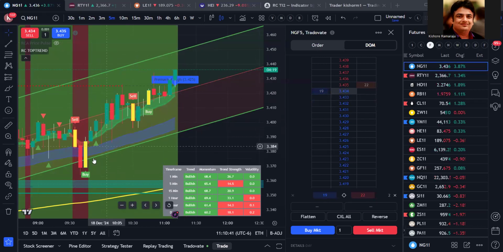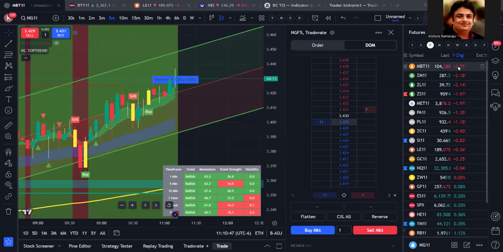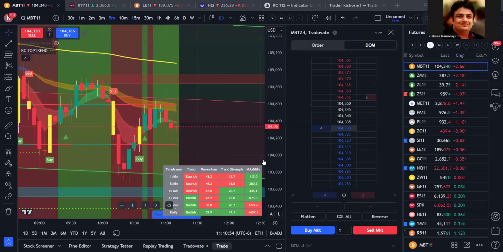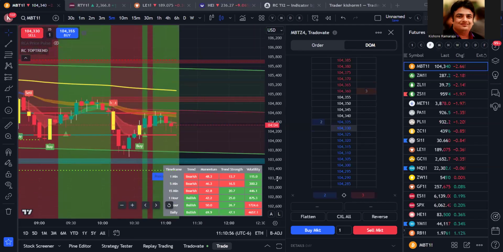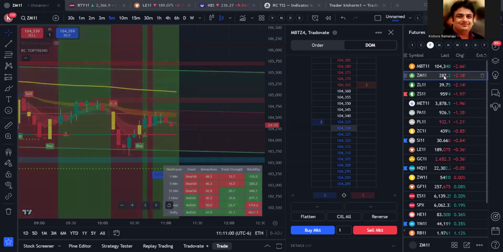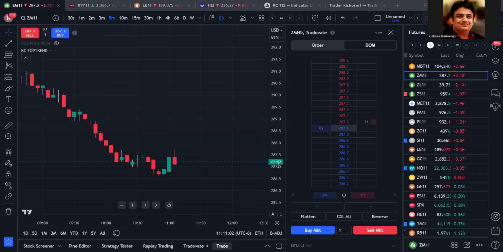So you see the channel is pointing towards the uptrend, right? So for example, if you go to something like Bitcoin, the channel is pointing towards the downtrend. Or if you see ZM1,